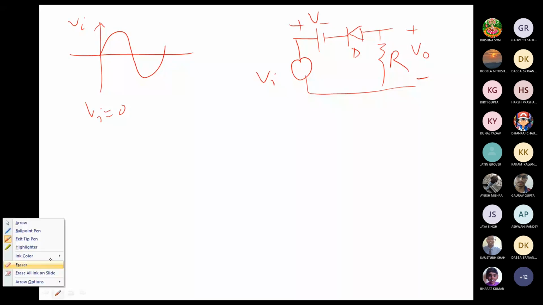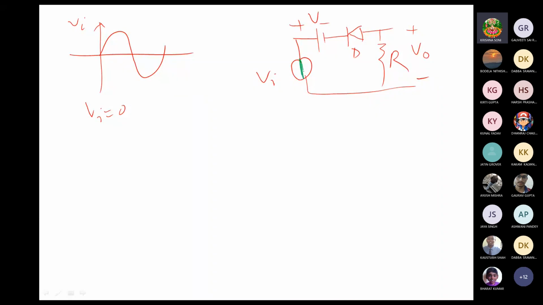What we are saying here is that this is not there, and the net polarity across this diode is of this polarity. Okay, so P side is positive as compared to the N side. This makes the diode on and the current is flowing. Okay. So there is no other drop in the circuit. We can see there is no other drop in the circuit.